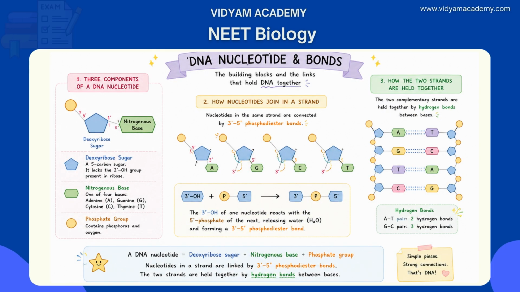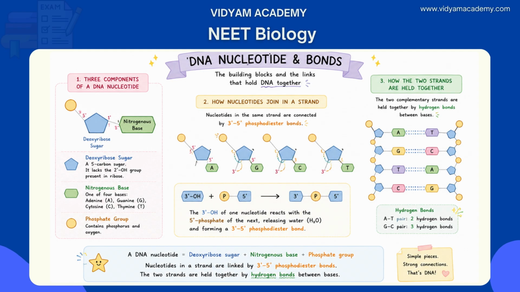Each DNA nucleotide consists of 3 parts. A pentose sugar, specifically 2-deoxyribose, which lacks the 2-OH group present in ribose. One of 4 nitrogenous bases: adenine, guanine, cytosine and thymine. And a phosphate group. The base is attached to the 1 carbon of the deoxyribose and the phosphate is attached